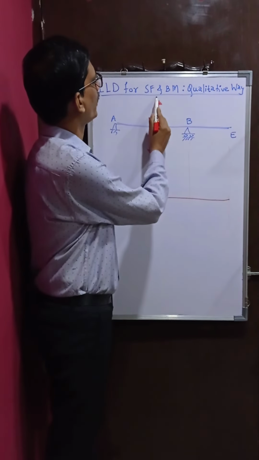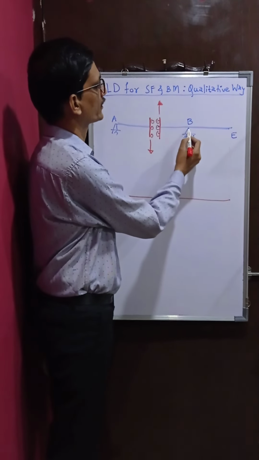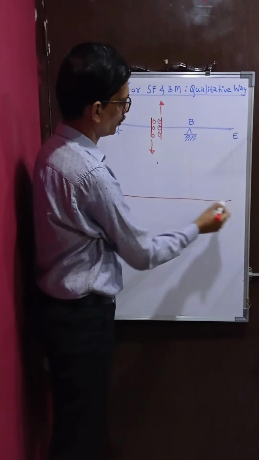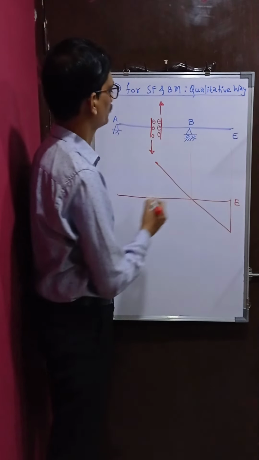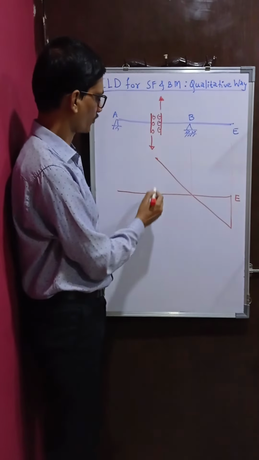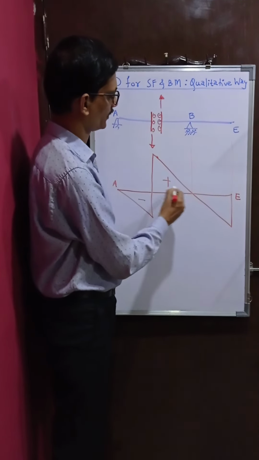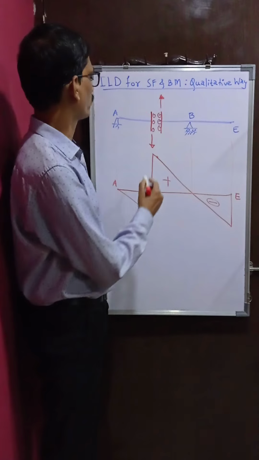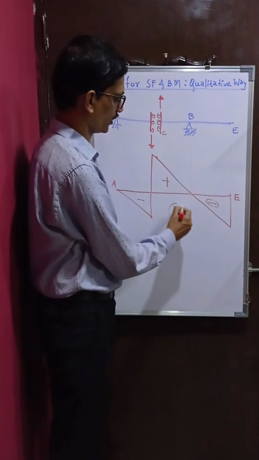Now this can go up only when this is free, because roller support is a type of simple support, so rotation is possible, and therefore this will go up and E will go down. So it is like this. Now this can go down because again A is a simple support, so rotation is possible, therefore this will go down. So this is negative, positive and negative, that's all. So it hardly took 1 minute to draw influence line diagram for shear force at C. So this is FC, that is influence line diagram for shear force at C.